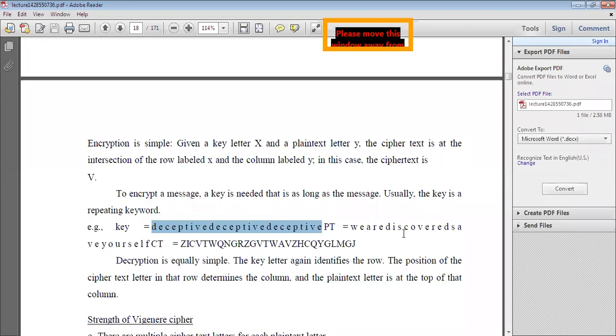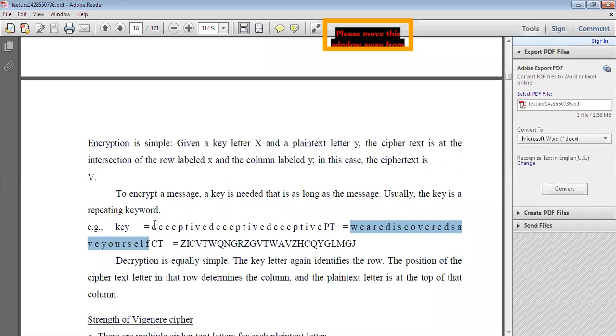You write deceptive and then DEC again, like this way you write the key. The key length should equal the number of letters in the plain text, so you repeat the same word up to that key length.